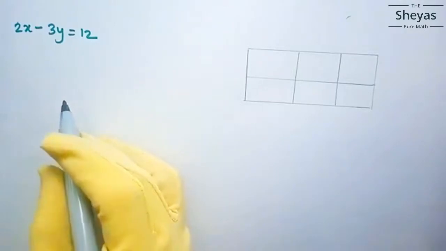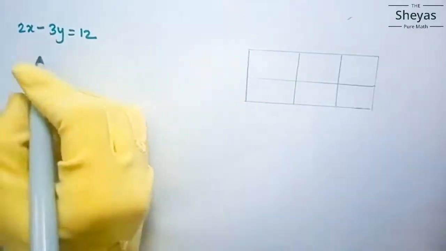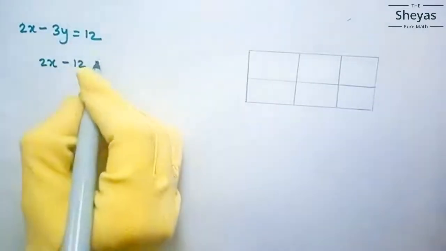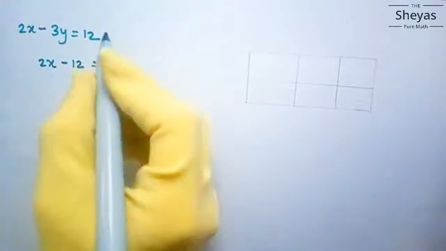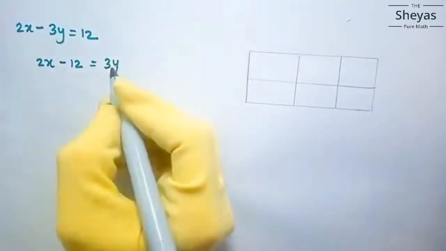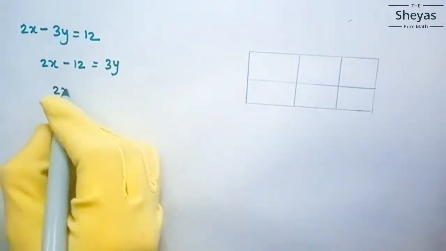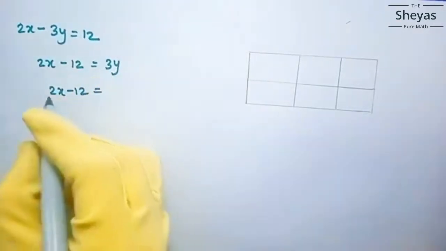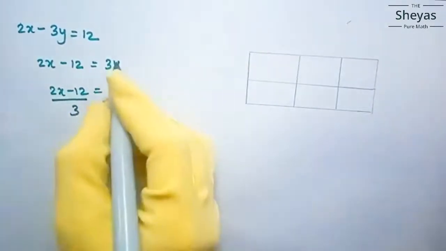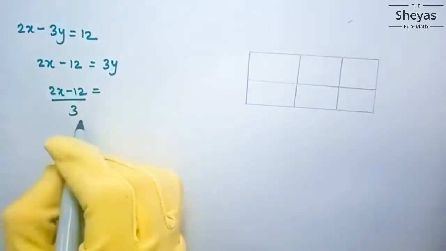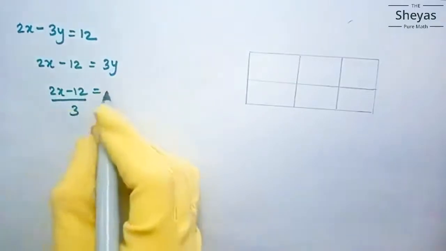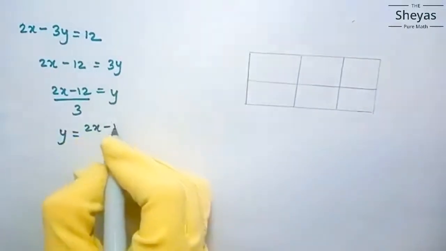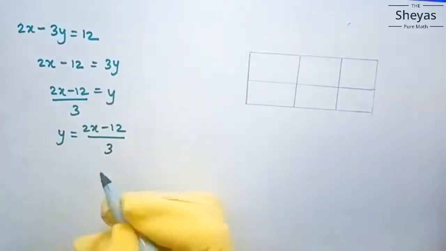The second equation is 2x minus 3y is equal to 12. Now what I am doing is keeping 2x as such. This 12 I am taking to the other side, so minus 12. This negative 3y I am taking to the other side, so it will become positive 3y. Now, 2x minus 12 equals 3y. We need the y value, right? So this 3 I am taking to the other side. If it is in multiplication, when it goes to the other side, it will become division. So y is equal to (2x minus 12) by 3.